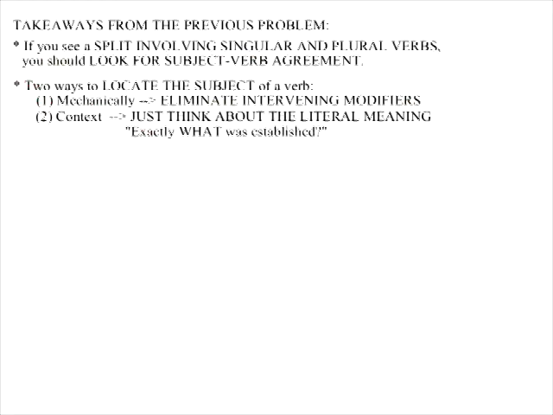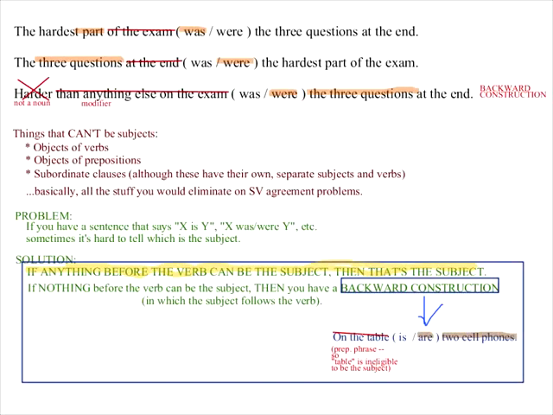If you have a list, if you have an X and Y construction, if you have a compound subject, which is X and Y, or a list, such as X, Y, and Z,